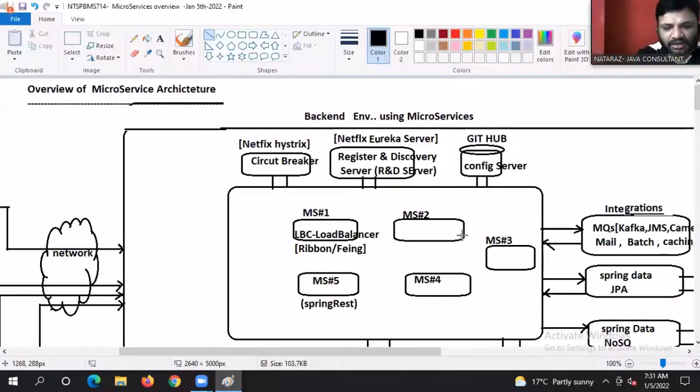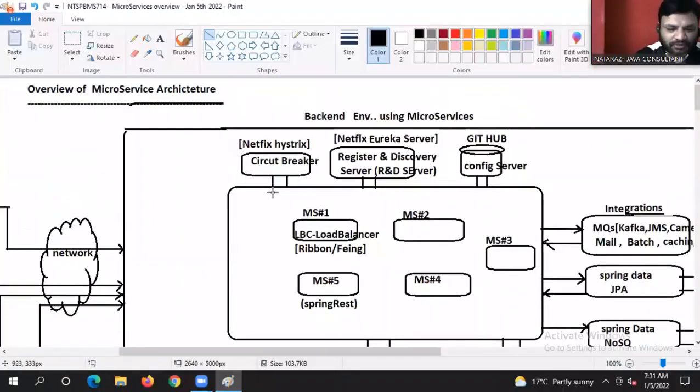Now tell me, guys. There should be one entry point and exit point for all these microservices. Which request should go to which microservice, and in what way it should go.